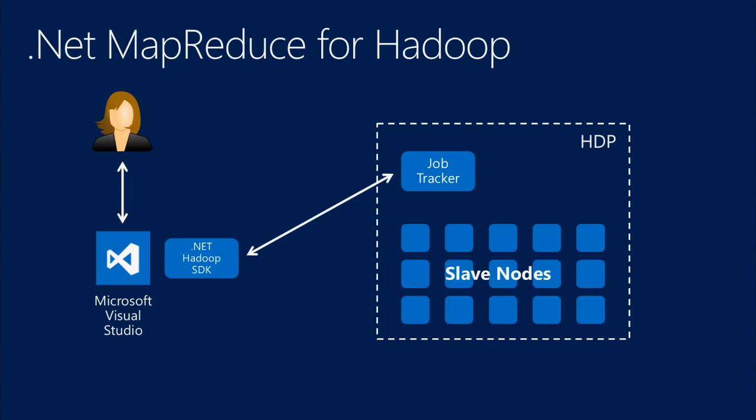You're going to write a job, write a query, and submit it, and then the cluster itself will pick it up on one of its master services. There's always one entry point. For processing, for MapReduce, the master service is called the job tracker, for example. It'll pick it up and run it across all the different machines. It'll handle parsing the query, pushing it to different nodes, and aggregating the result. So you as a developer will work in Visual Studio, develop your program, and submit it to the Hadoop cluster, and everything else will be taken care of by the Hadoop cluster.